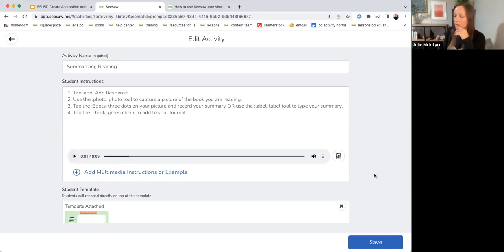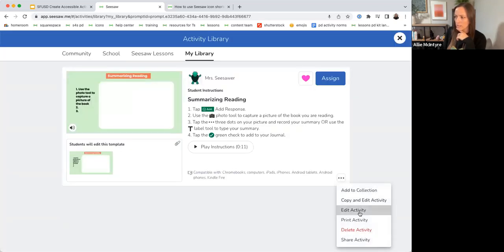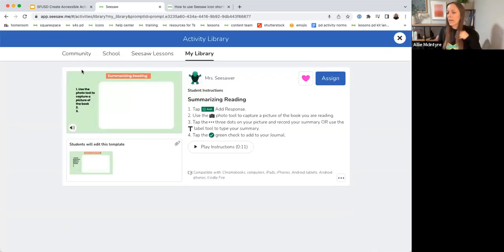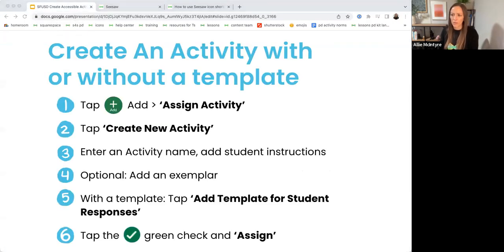That is so interesting. Okay, do you see this bar right here once you clicked the green check? Yes, okay. And then when you press that play button, is there just nothing? No audio? Interesting. Okay, I would just say try saving your activity and then going to those three dots, edit activity, delete the current recording and try it again and see if that works. Awesome, thank you. Okay, we are going to move on to our next section just so we don't run out of time, but please let me know if that voice recording works or not.